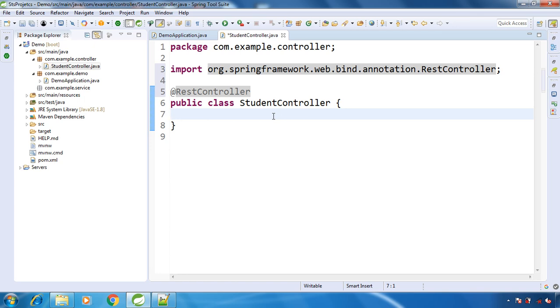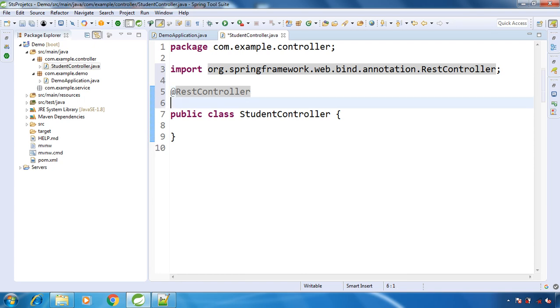Instead of that, we can use the @RestController annotation, which is the combination of @Controller and @ResponseBody. This is a very common question asked in interviews, so make a note of it.